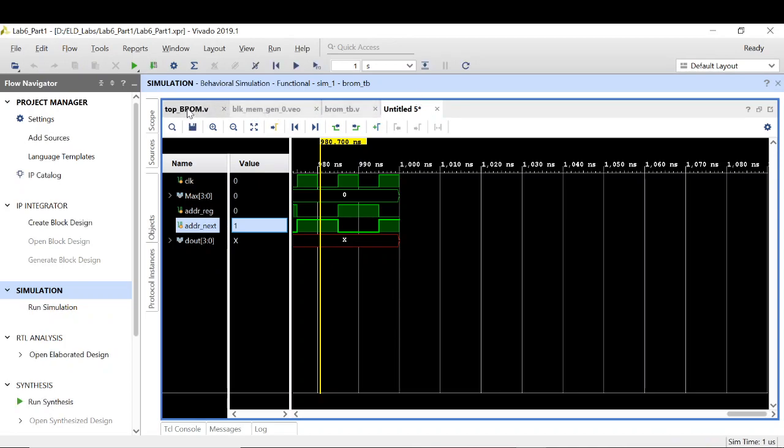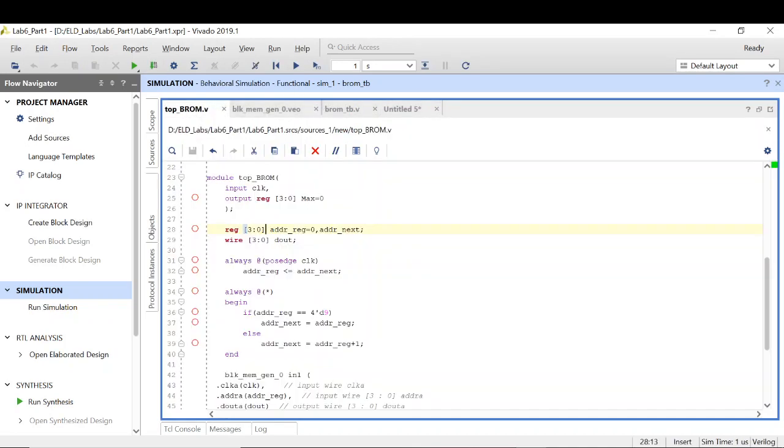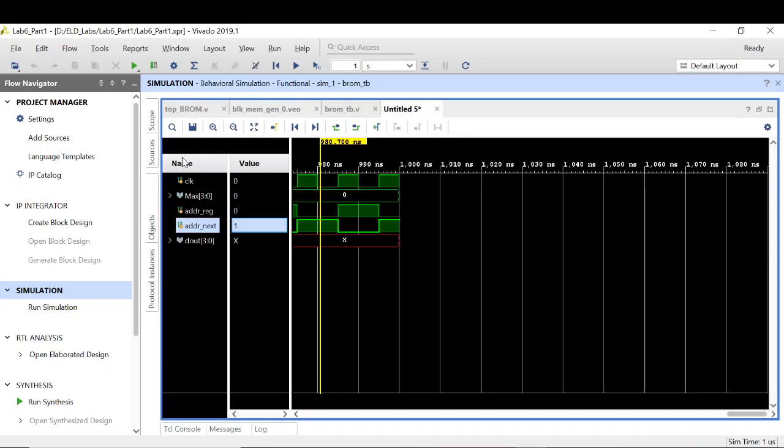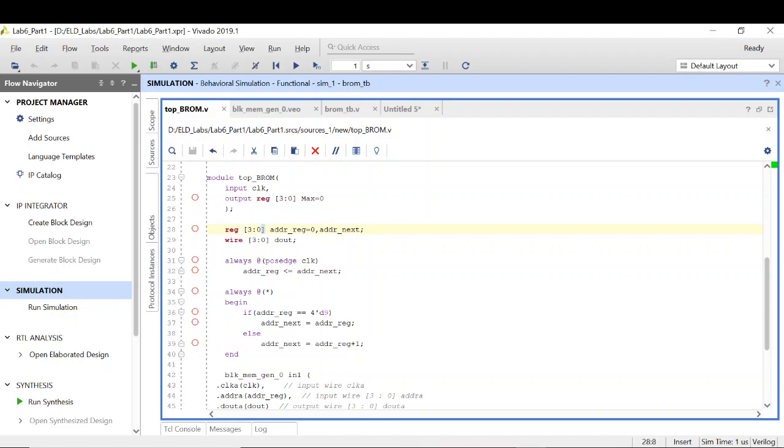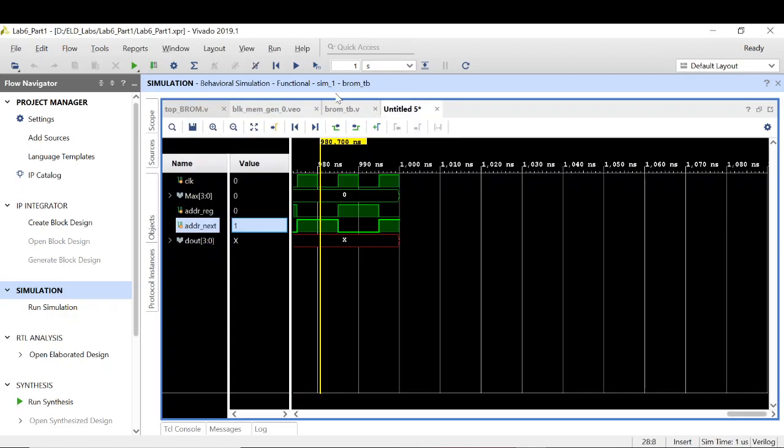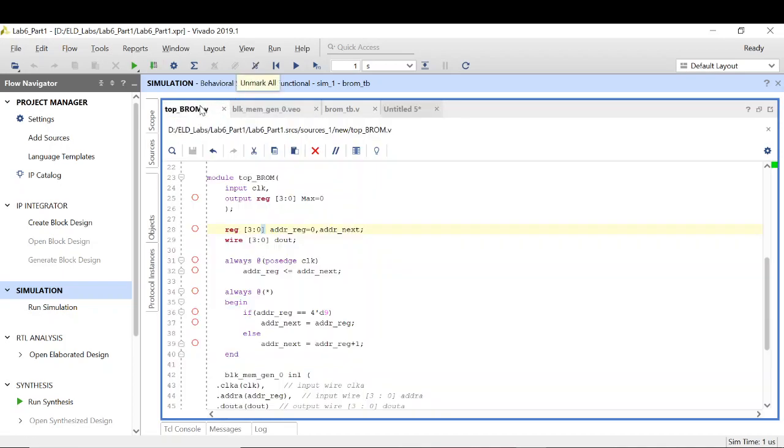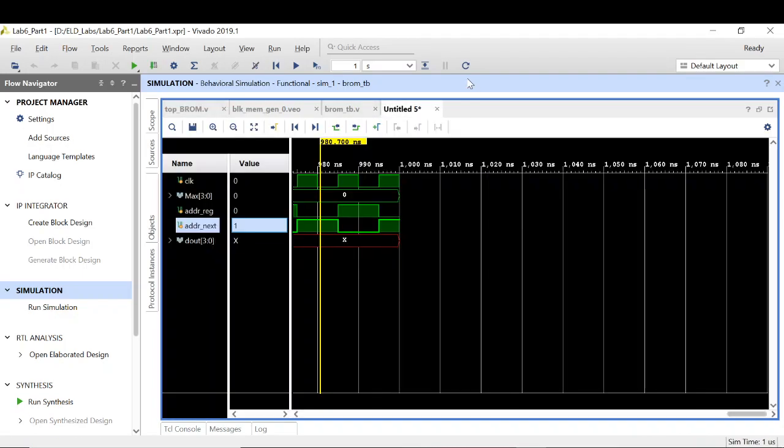If you get a first look at your code, once you are getting such output, you can clearly say that my PROM is not getting read. But this is also a method to debug using the scope and the objects. So this is something which I wanted to tell you. That's why I intentionally left these things as a single bit, so that I can show you how to use the test bench to debug our code. Right now, as I have saved it, I can relaunch the simulation, right?